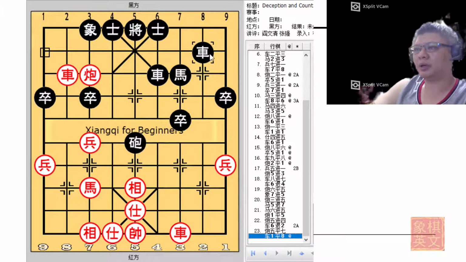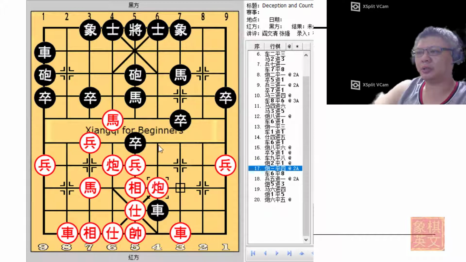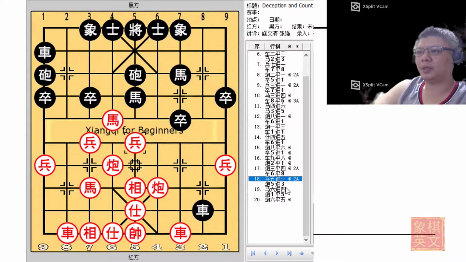And after r1 equals to 8, black would now be attacking, and red would have many things to worry about. So p5 plus 1 to simply capture the pawn is not a good idea. Instead, c3 equals to 4 to threaten to trap the chariot would be a much better option. This will force the chariot away, and now would be the better time to capture the pawn,